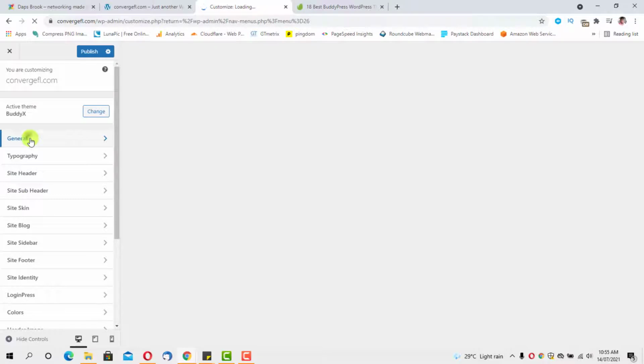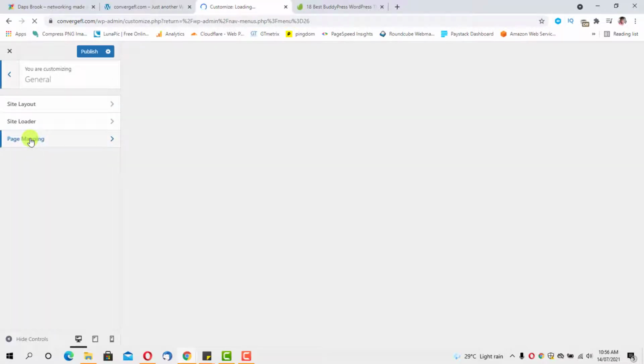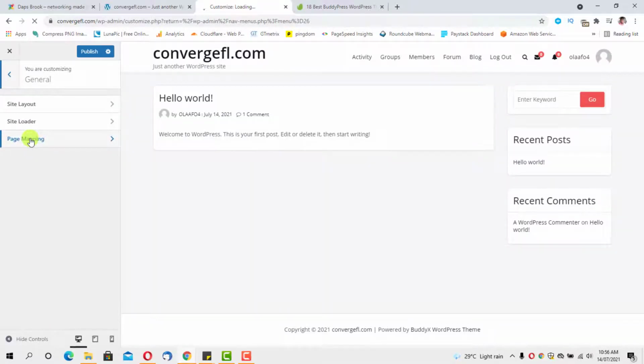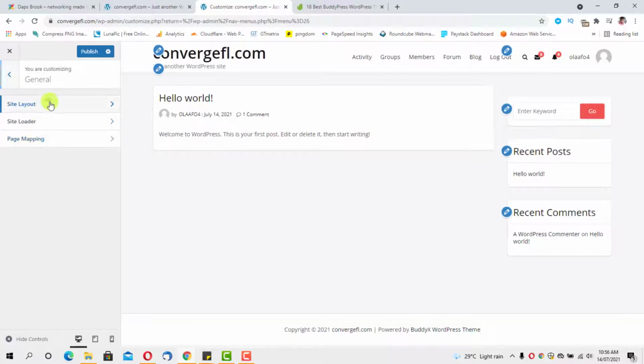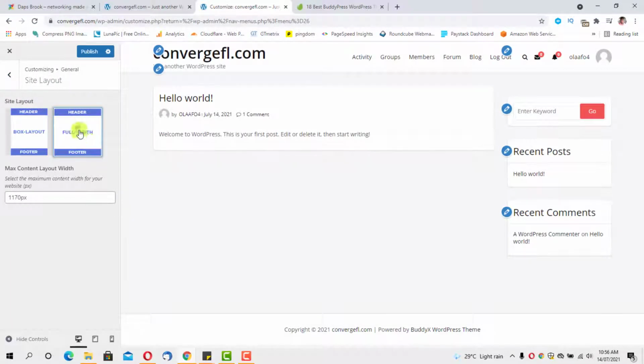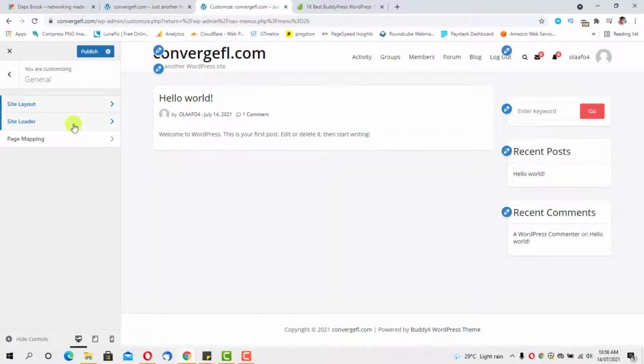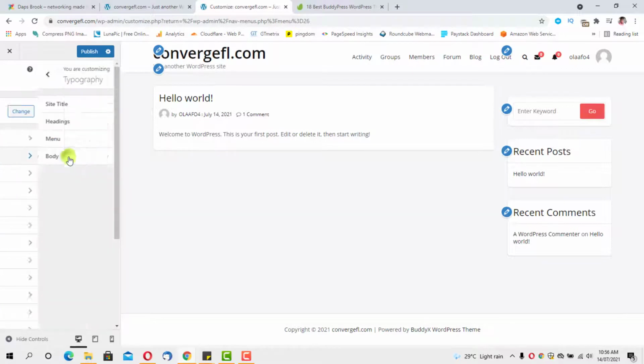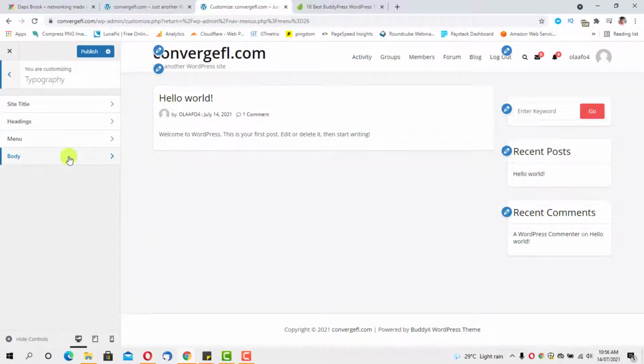Okay, the first thing is general. I'm sure that you understand pretty much how these things work. Site layout, definitely I want it full width, and then I'll come back. Site loader, no, I don't want it. Page mapping, no. You can play around with that if you want to. I don't want to waste so much time on this video. Site title,